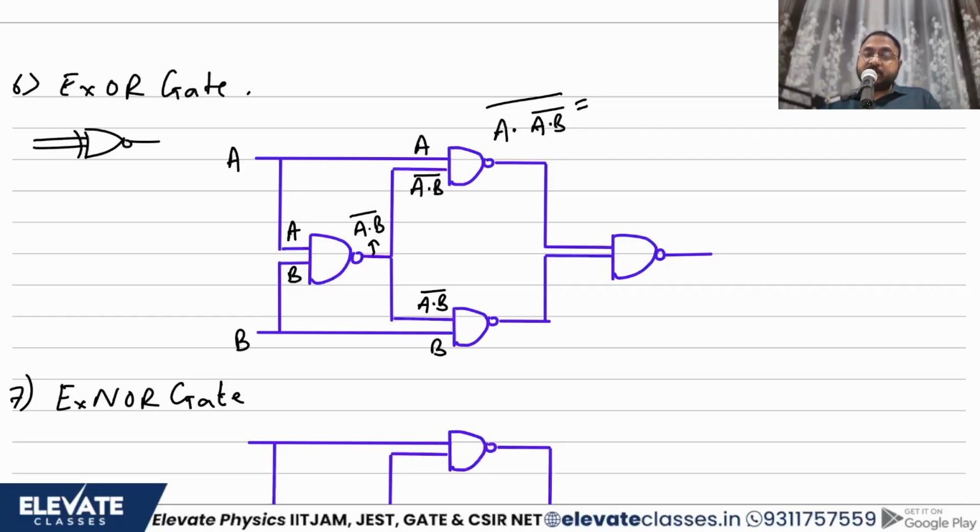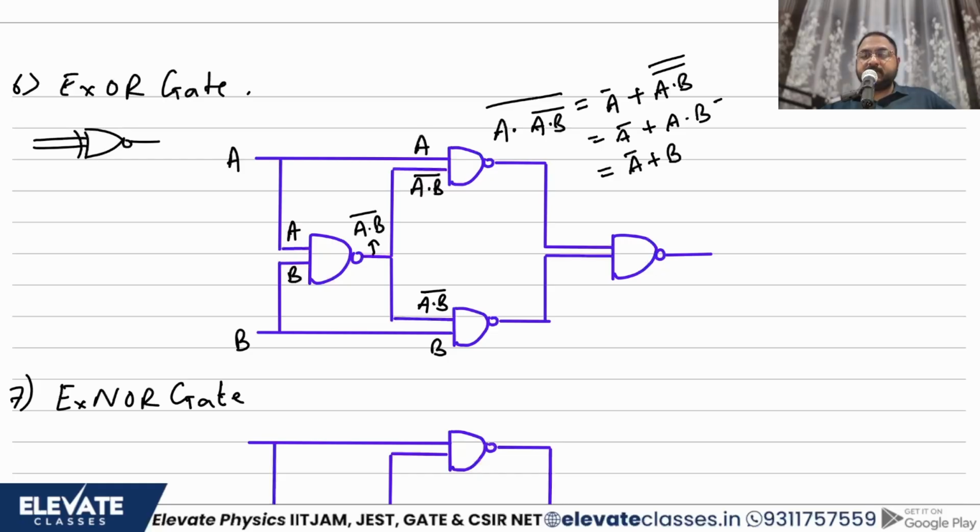Yes. Let's use De Morgan's to solve it, right? So this dot will change to plus, this A will become A bar, and this will become A dot B double complement. So I can write this as A bar plus A dot B. And by using the distributive law, this will simplify to A bar plus B.